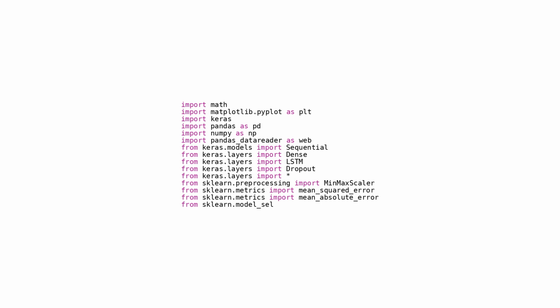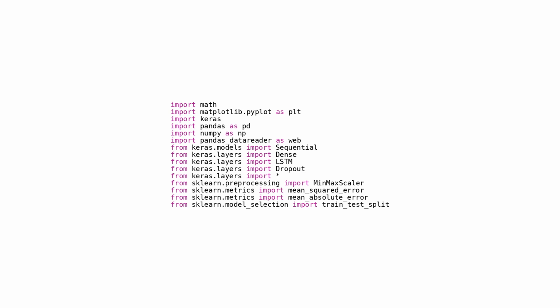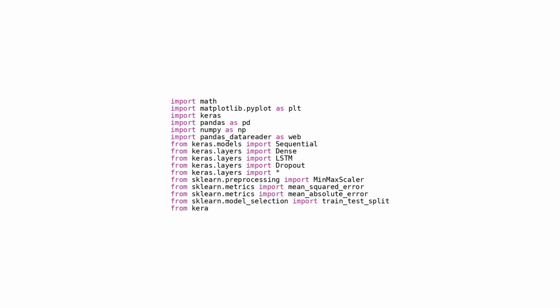EarlyStopping from keras.callbacks helps prevent overfitting by halting training if the model's performance stagnates. These imports are essential for creating a deep learning-based stock market prediction model that can potentially forecast future stock prices